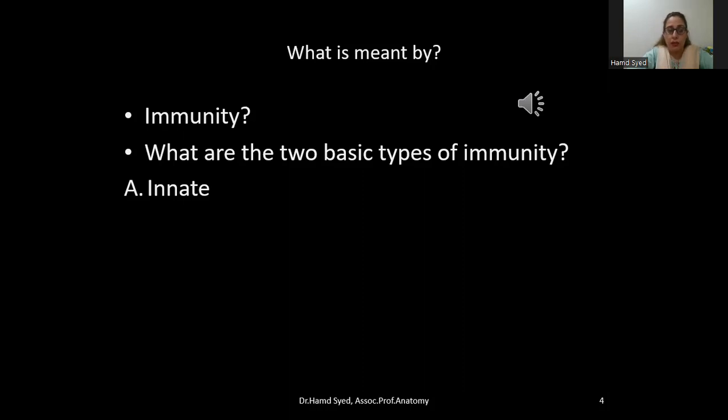For example, the physical defense, which is the barriers such as skin and mucous membrane. They provide the barriers to the entrance of the invaders, microorganisms. It could also include the chemical substances, such as low pH, which destroys microorganisms. Also the secretory substances such as lysozyme, interferon, and thiocyanate in the saliva, which neutralize the cells. The cells such as the natural killer cells, the neutrophils, the macrophages, they're also parts of this innate first line